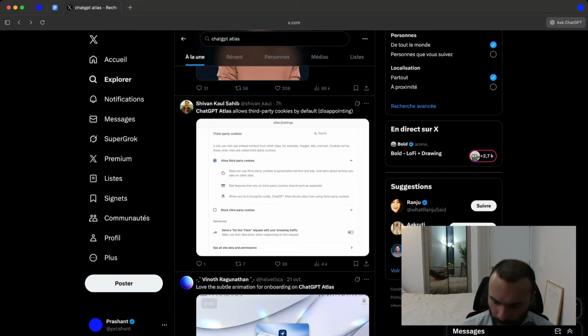Sora app is the video gen model. Atlas is for the language model. Okay, this is a really cool idea.